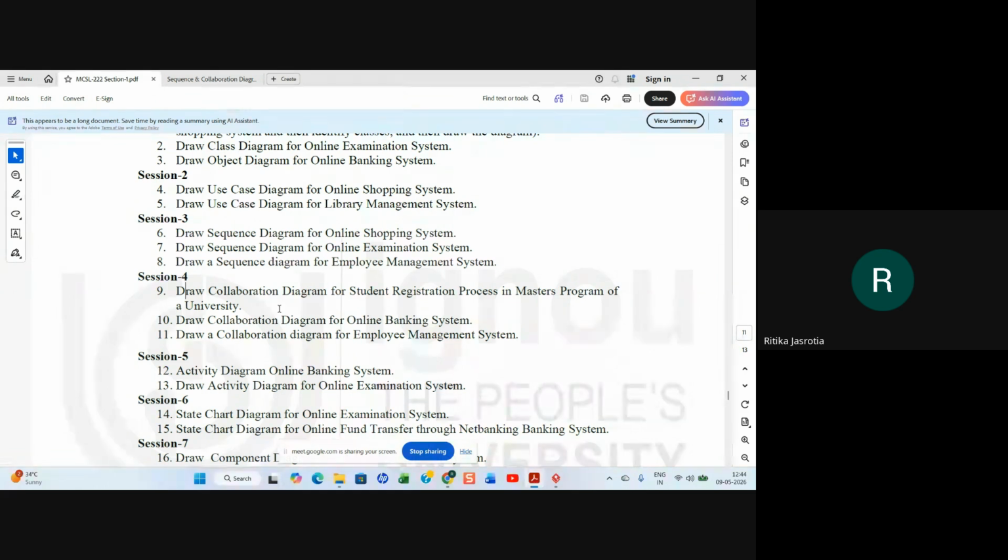So think of IGNOU University only, and think of a collaboration diagram for student registration process in master's program. How do you do that? You have to make a collaboration diagram. You have student, right? You have university portal and database. Yes, these are the objects.